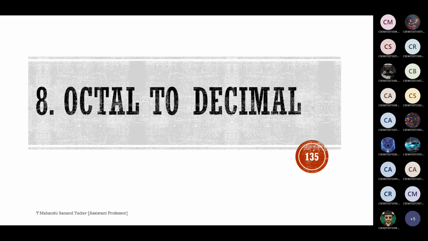Next, convert octal to decimal. Tell me the procedure. Convert octal to binary and then... Positional weight method, sir. It is positional weight method. I told you to remember blindly like this. If output is decimal, directly you can go for positional weight. Now what is the position weight? Is it 2 power 0 or 8 power 0, 8 power 1? 8 power 0. It should be 8 power 0, 8 power 1, so on.